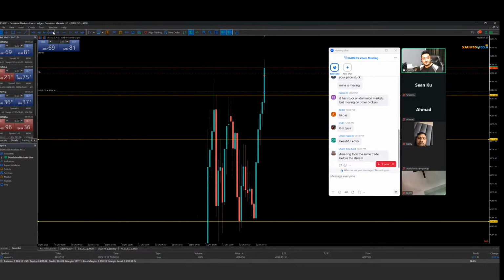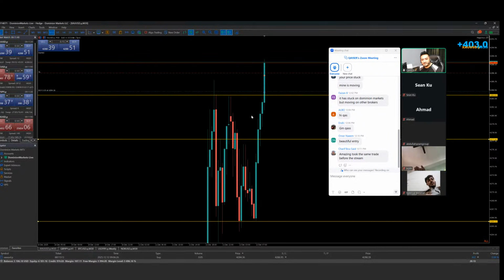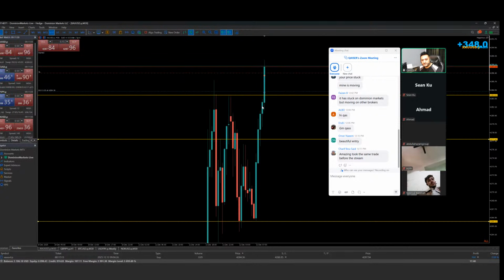Such a beautiful entry. Actually, you know what? I wanted to execute somewhere here. It's still a late entry, watching the movement of the candle, the way it's pushing upside. Because I can read the candles only. With my reading, I can see that the market is continuously pushing upside, but the candle size starts getting smaller and smaller. If it starts getting smaller and smaller, then there is no business for the next candle to create a wick and break above this high.